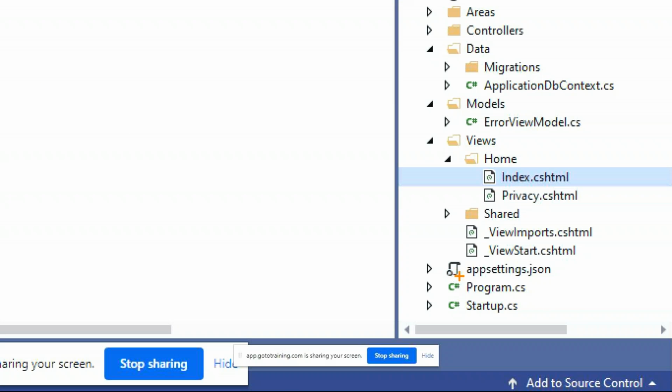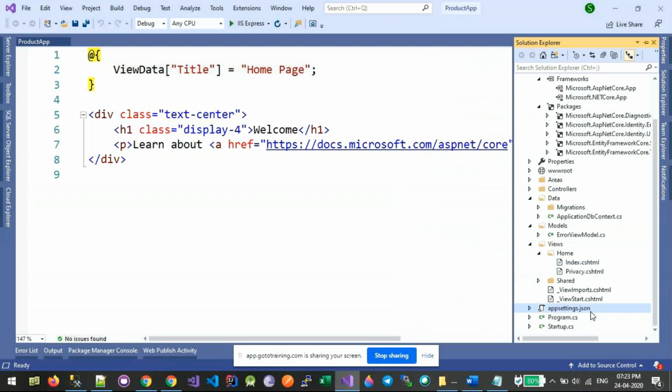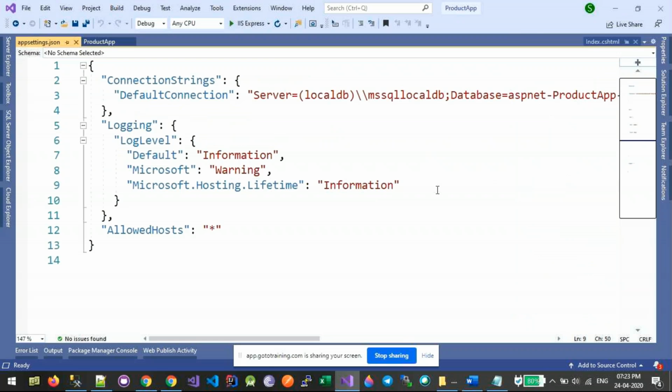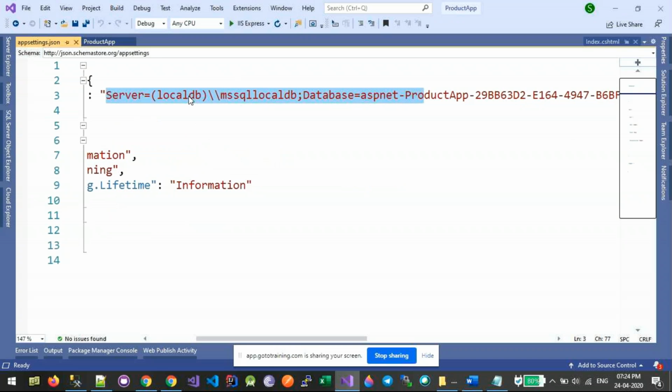Next, earlier configuration was stored in the web.config file, which was an XML-based configuration file, but now you will see appsettings.json. So no XML file, all the configuration will be stored as JSON content itself in this appsettings.json file. And you can see that we have connection strings, under which is the name of the connection string and the normal format of the connection string.